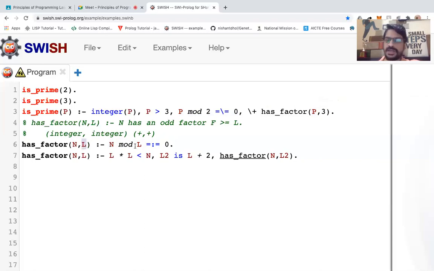5 मॉडुलस 3 रिमाइंडर आएगा कि नहीं आएगा? डेफिनेटली आएगा। सो बिकॉज हमारे पास रिमाइंडर आया जो कि 0 नहीं है, तो ये वैल्यू क्या देगा हमको? ये देगा फॉल्स। यहाँ पर आ जाएगा हमारे पास फैक्टर नहीं है, फॉल्स वैल्यू आ जाएगा। तो हमको पता चल जाएगा कि ये प्राइम नंबर है। नाउ अगर हमारे पास 7 है तो क्या होगा?